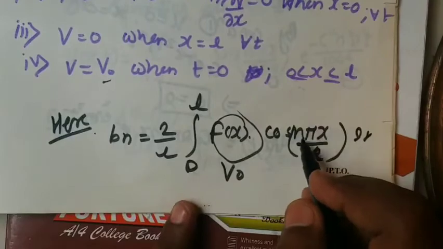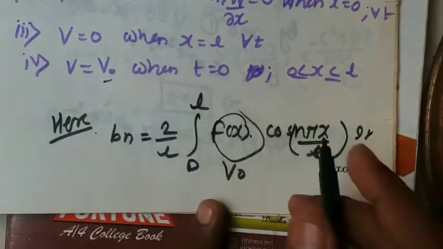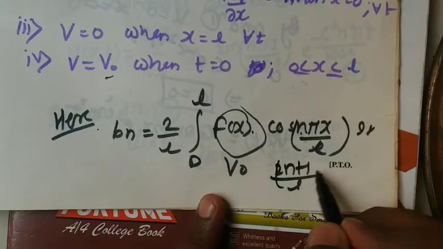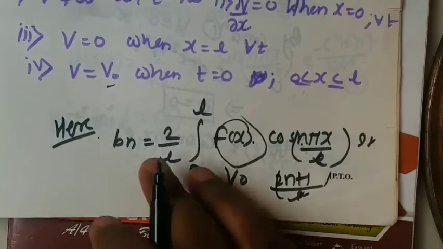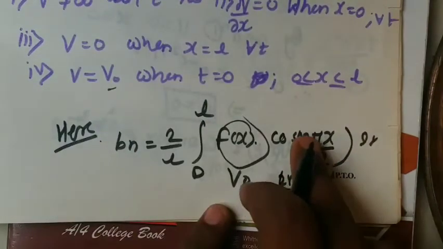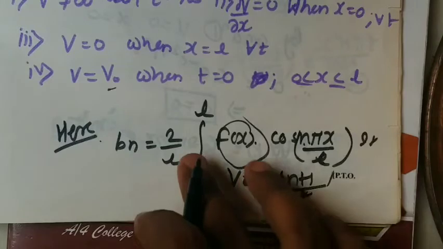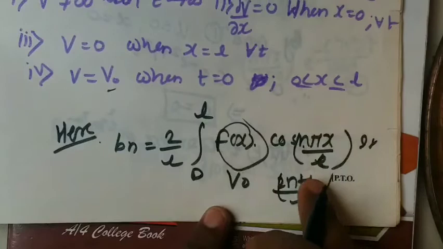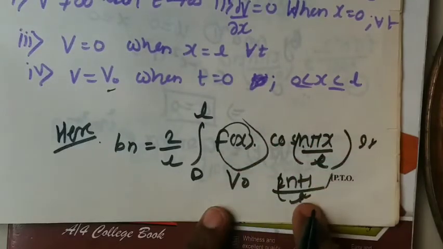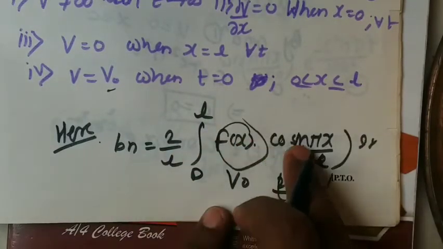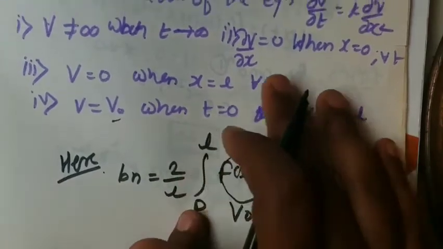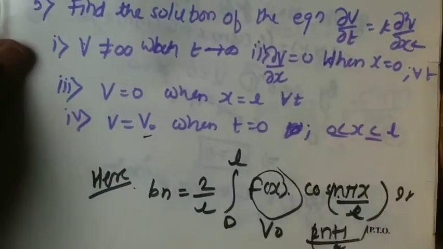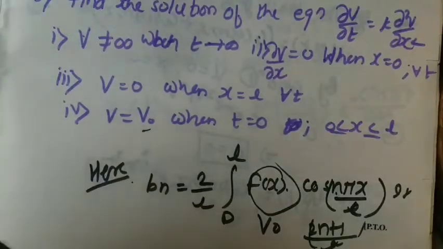This is the formula I have written. In this problem you will get a cosine series. Instead of n you are going to get 2n plus 1, since 2n plus 1 pi by 2 gives the zeros of cosine. In this formula you replace f of x by v0, and whatever cosine function you get in the series, you take that same cosine function here and do the integration. Instead of sine take cos there. Only this is the change, and first you differentiate the general solution and then equate it to 0. So try to complete this also at home. If you need any kind of help you can ask me.